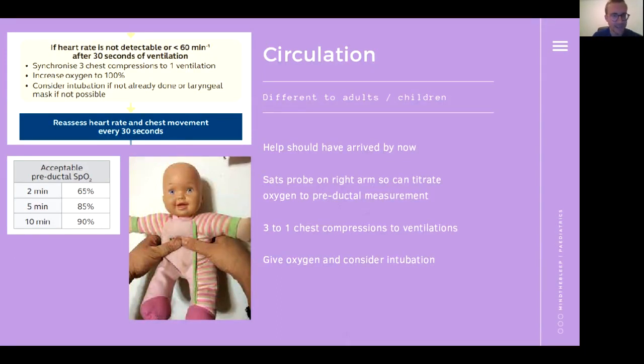We look at the SATs. It's been probably 4 or 5 minutes. And the SATs probe is showing that the baby is only saturating 60%. So we're going to have to start some chest compressions. So we asked one of our colleagues to come in. They've done their neonatal life support course, so they know exactly what they're doing. And we're going to be communicating between the two of us on the bag valve mask and then doing the chest compressions. So we get 3 chest compressions to every 1